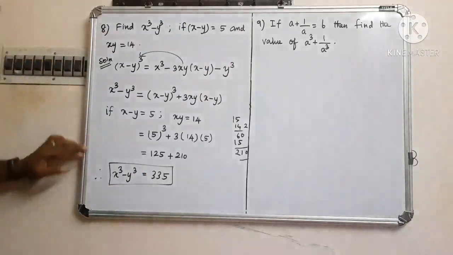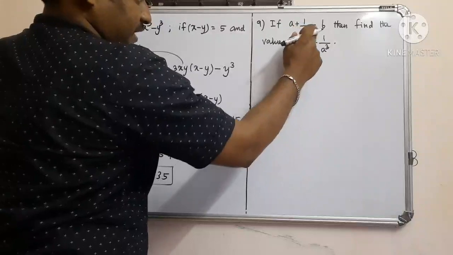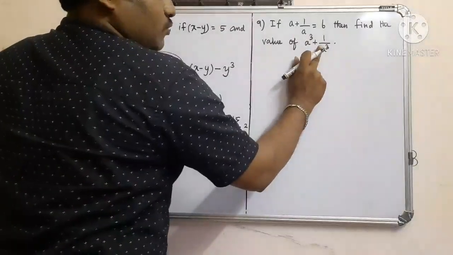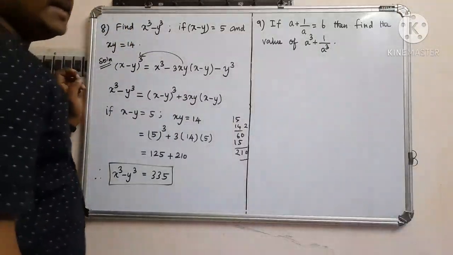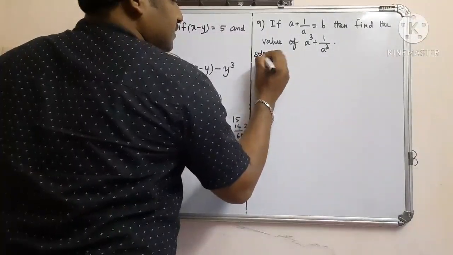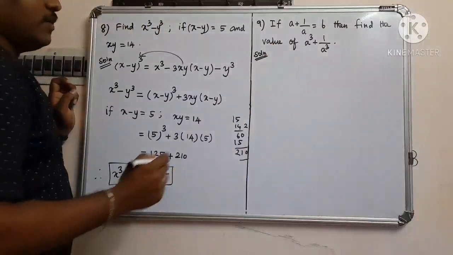Understood? Then next, 9th question. If a plus 1 by a value is equal to 6, then find the value of a cube plus 1 by a cube. So here also we are going to use the identity. So solution. So we know that the formula of